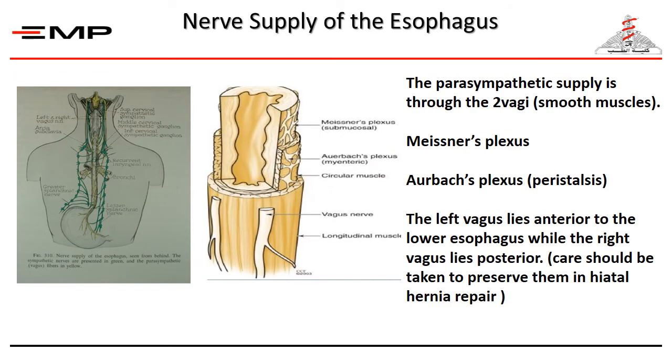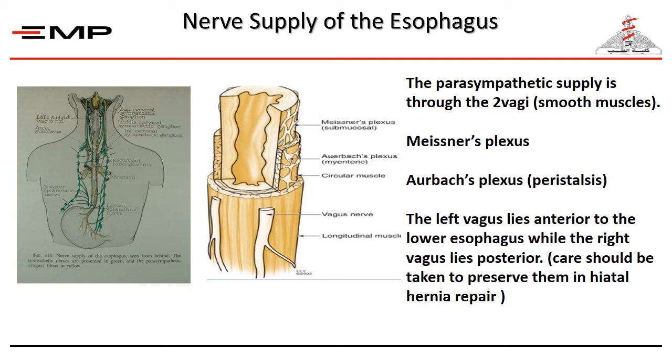The nerve supply of the esophagus is mainly parasympathetic through the two vagi, because, as we said, the lower two-thirds musculature is smooth muscle. We have what is called Meissner plexus and the myenteric or Auerbach plexus, responsible for peristalsis. The left vagus lies anterior to the lower esophagus, while the right vagus lies posterior. Care should be taken during the section of the esophageal hiatus to keep these vagi